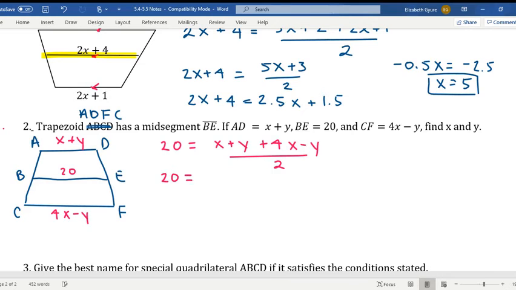So I will have 20 equals 5x, and then my y's are actually going to cancel, right? Divided by 2. And then could you put that as a 2.5 if you want? You could. This is one, though, that I would probably not distribute. I would multiply both sides by 2 instead. So you should get 40 equals 5x, and x should equal 8. Okay. So that's nice because now we already have one of our